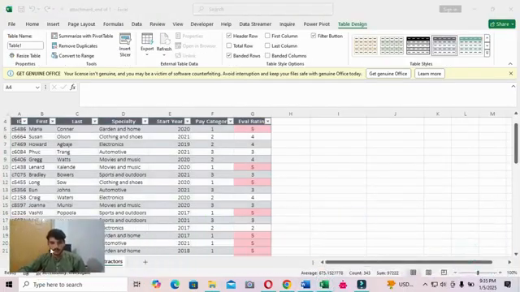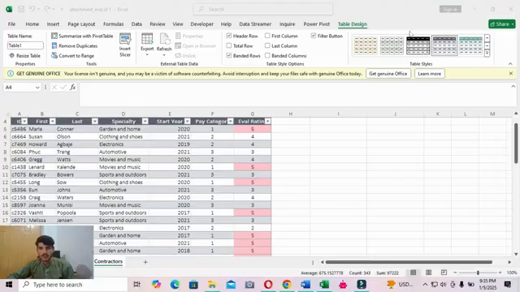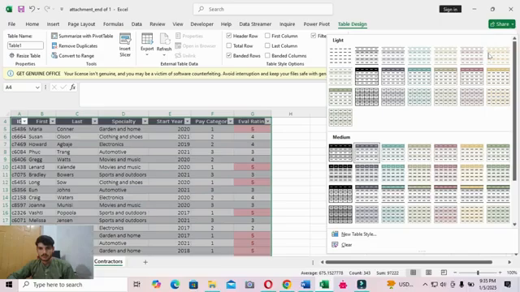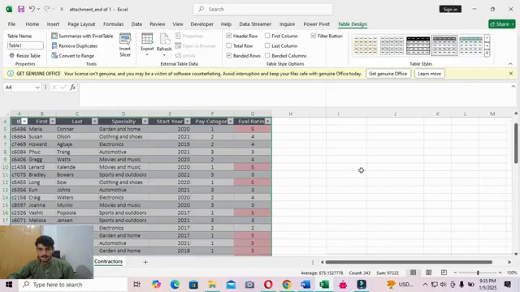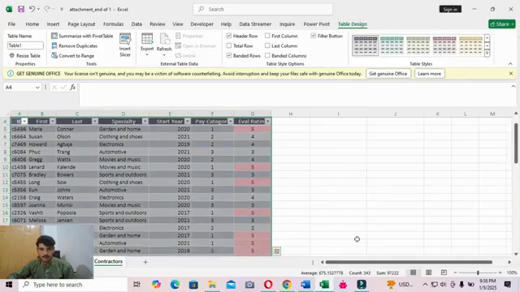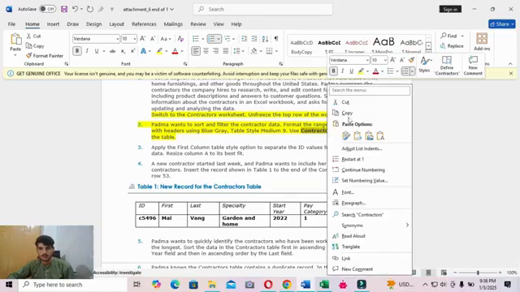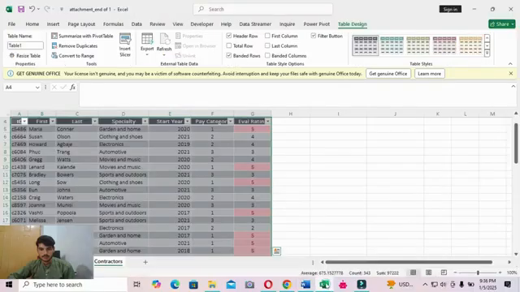Okay, go to the Design tab, and use Contractor as the table name. Copy the name and then paste.